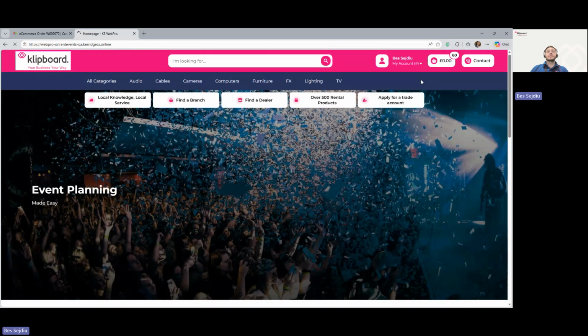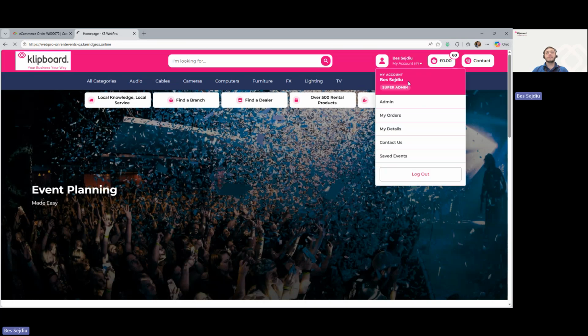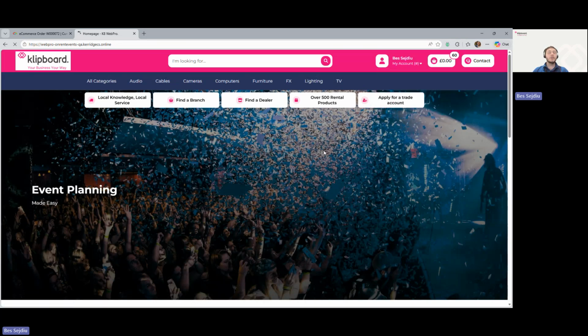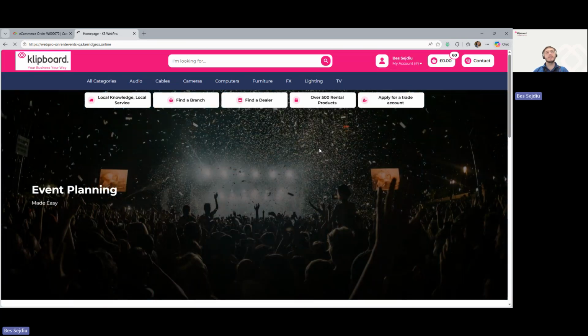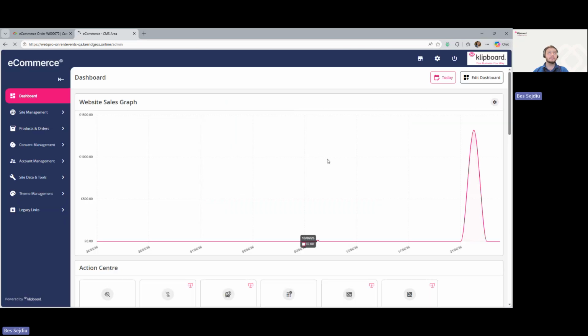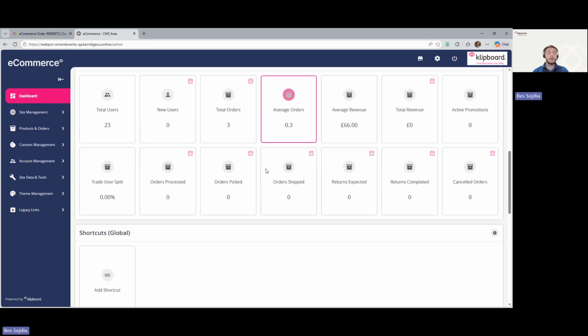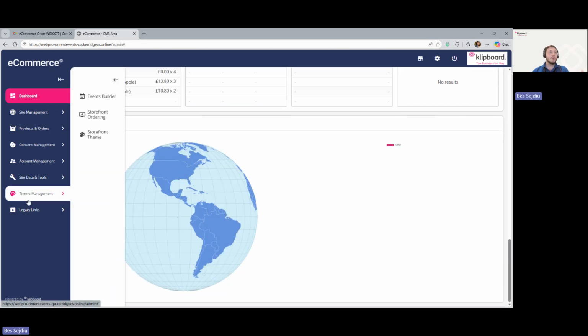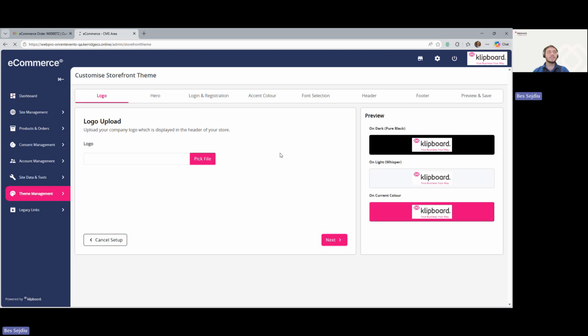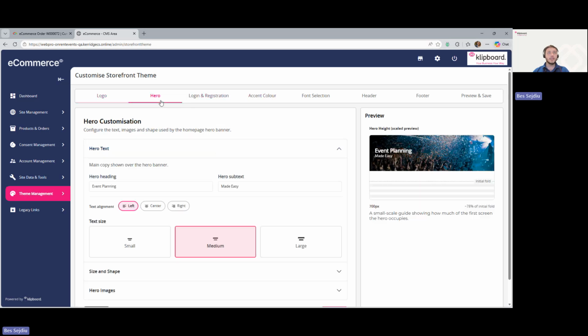Finally, I wanted to talk about customizability. So one aspect is within the admin console. When you go into the back end, what you'll find is there's a lot of customizability around this website. There's also information about the sales, the graphs, information about how the system's working. But for the most part, what I wanted to showcase was the storefront theme. You're able to go into the back end and decide logo uploads. You've got your hero section, and the simplicity of this allows for anyone to be able to take on this system, be able to look at it, and be able to control how your website looks from the back end,